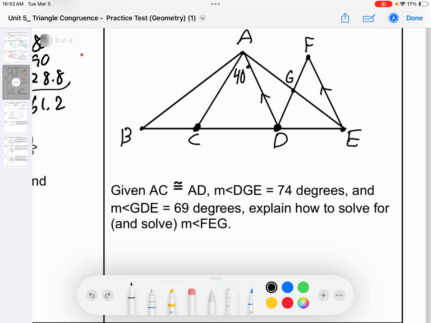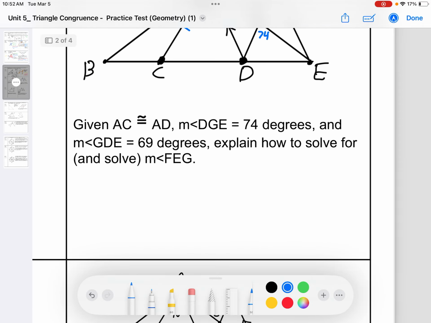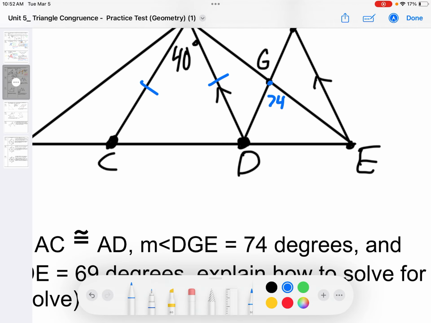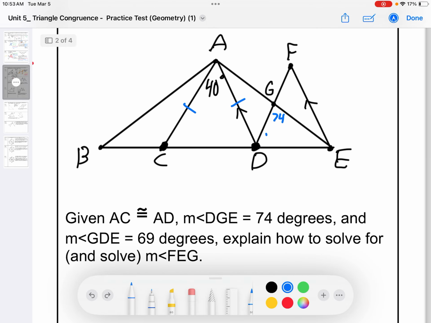Given that AC is congruent to AD, I'll start off. I always start off by marking what I'm given. DGE is 74 degrees. And they also tell us that GDE is 69 degrees. They tell us right here that it's 69 degrees. Then I go for what can I immediately find, and they ask us to solve for FEG,